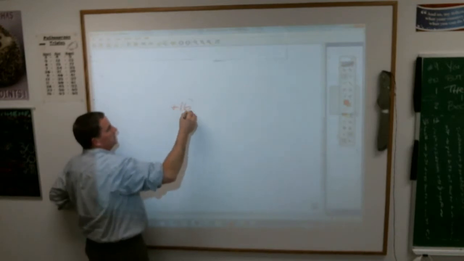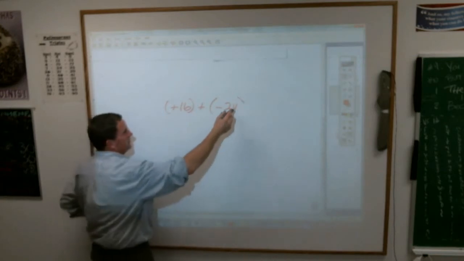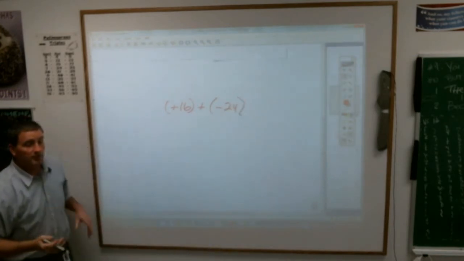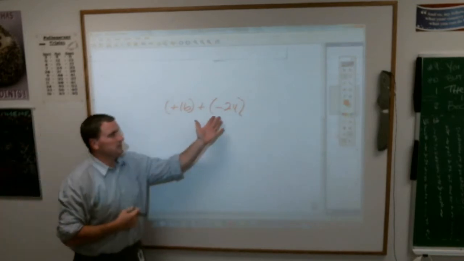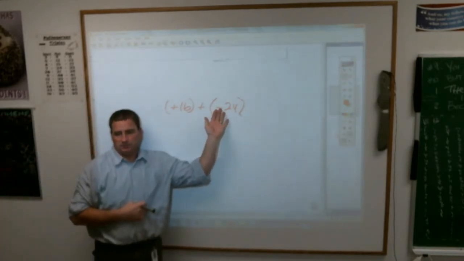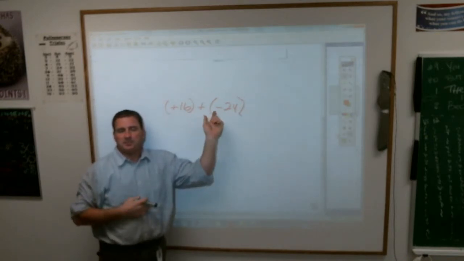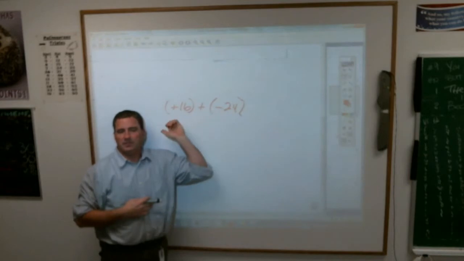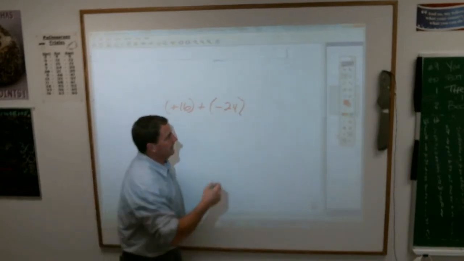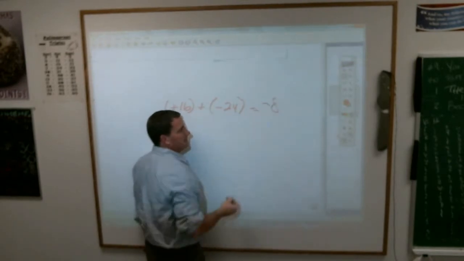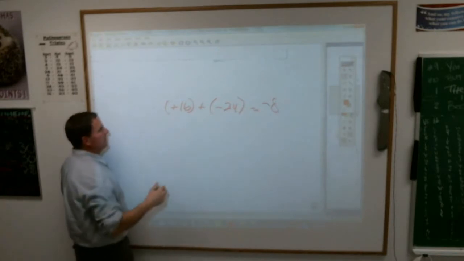Positive 16 plus negative 24. The question you should ask yourself is, is my answer going to be positive or negative right off the bat? It's going to be negative. Why? Because the negative number's bigger. And then what do you do to find out what the answer is? If they're opposite signs, you will always subtract them. What is 24 minus 16? Andrew? 8. So my answer to this is a negative 8. I have 8 more negatives than I have positives there. What about